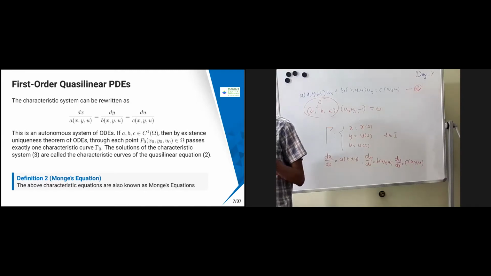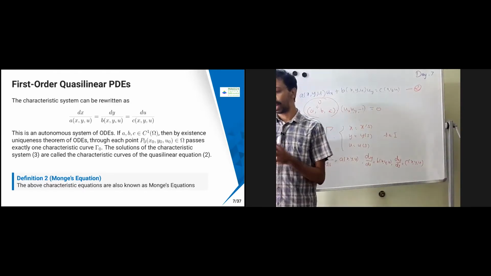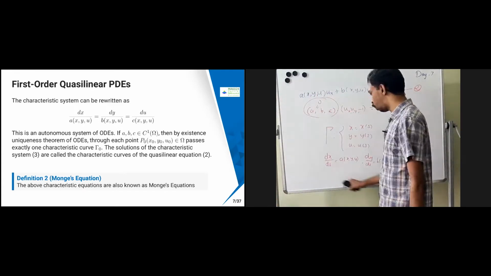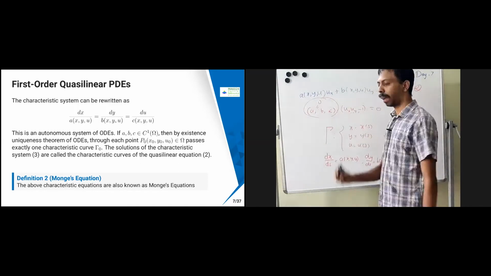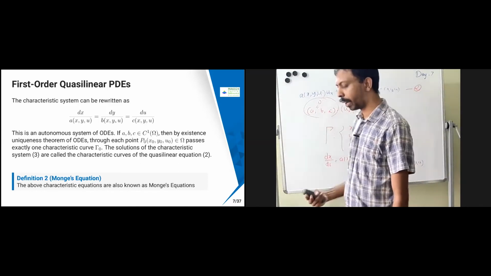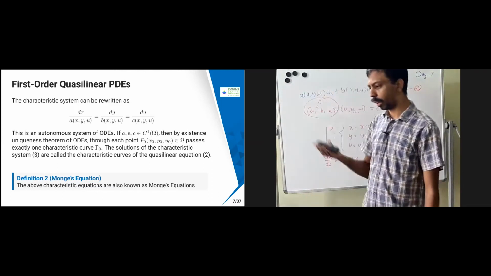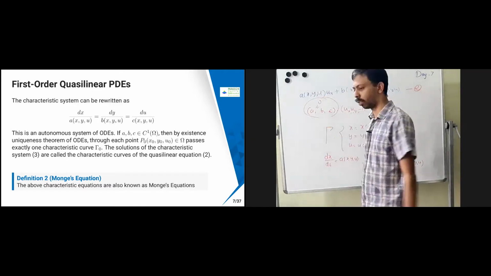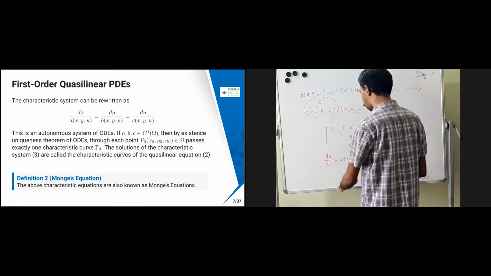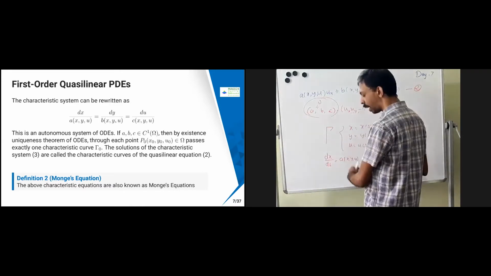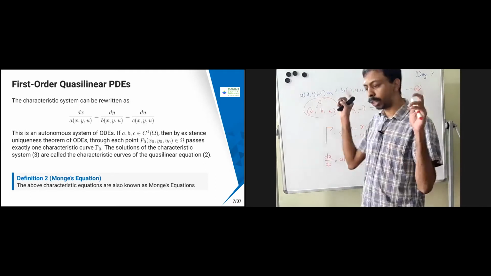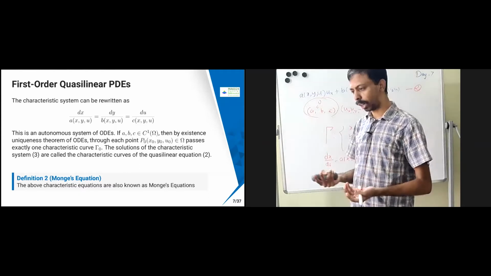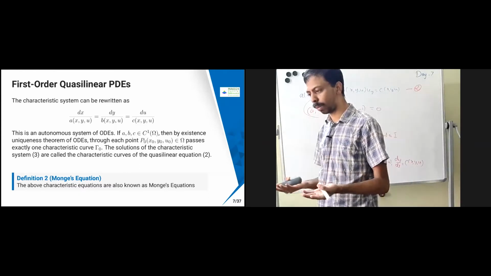So each part comes with an initial condition. That initial condition is nothing but the characteristic curve's initial point. This is an autonomous ODE, and for this ODE I will give an initial condition. If that initial condition is given, you can go to ODE theory and see that this setup has a solution. Whatever existence and uniqueness conditions are imposed there, the same conditions you can impose here. If those conditions are satisfied, you get a unique solution for your ODE. Since you get a unique solution for the ODE, you can get the existence and uniqueness theorem for the PDE.